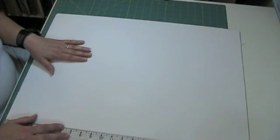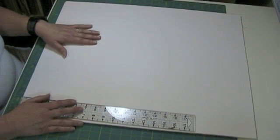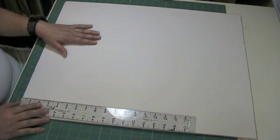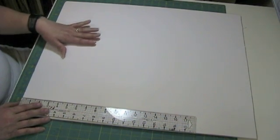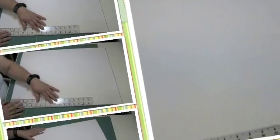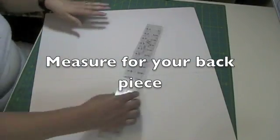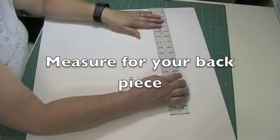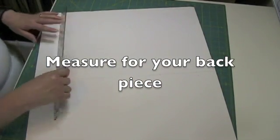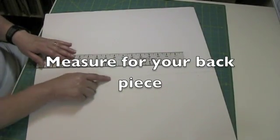By the way, you can purchase foam core board at some general dollar stores, Family Dollar, whatever. You can get them from Staples, office supply places, and you can get them from craft stores. I measured this to 12.5 inches. I don't know why that looks crooked, but it's not. Alright, and I drew a line. Now I'm going to cut along this line